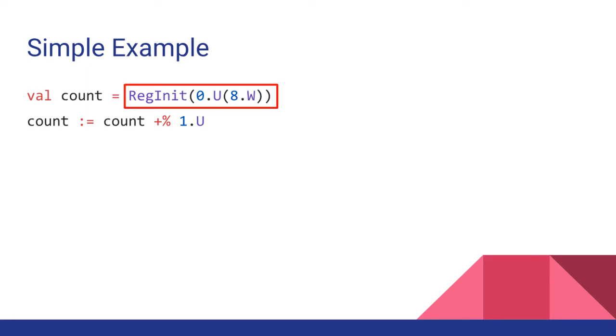But now I'm going to talk about what these things actually are. So what happens when this RegInit call happens? That's calling a function, and what that function does is it creates a Chisel IR node called DefRegInit, which you can see in the Chisel 3 source code. Count is the object reference of the thing. Clock and reset are the clock and the reset of the register, and as we know, Chisel has those implicitly in scope, so it's going to grab the actual clock and reset objects. These are not strings, these are the actual Scala objects. And then it puts the initialization value, which was 0.U, 8.W. So it creates this object that represents the Chisel IR node.